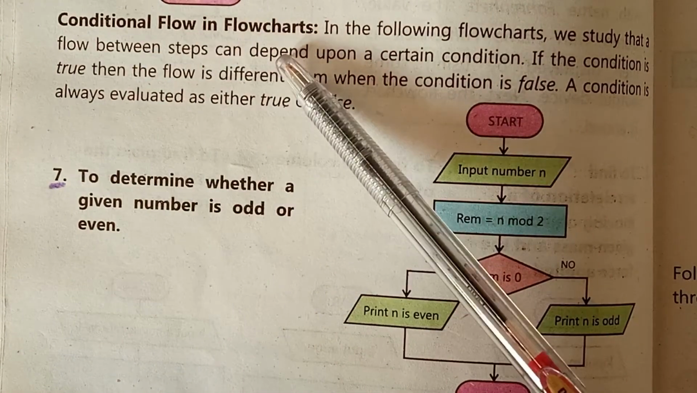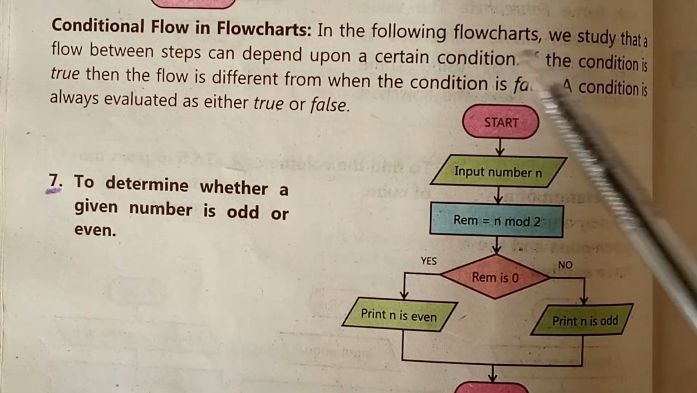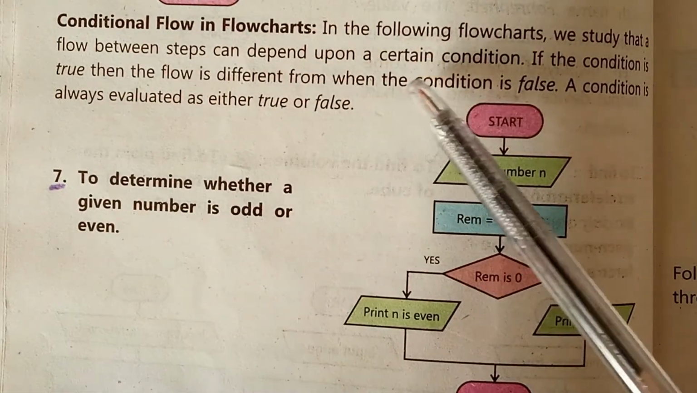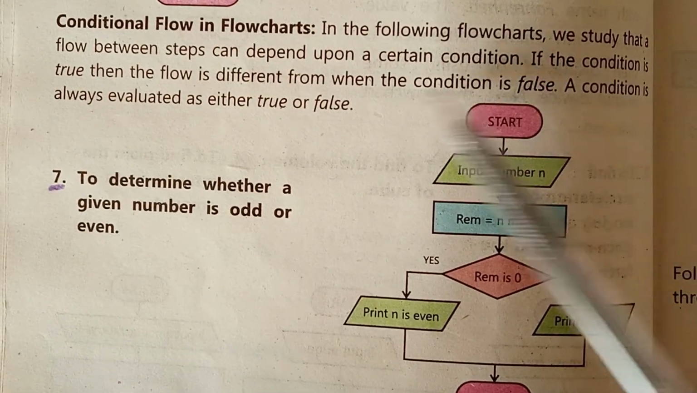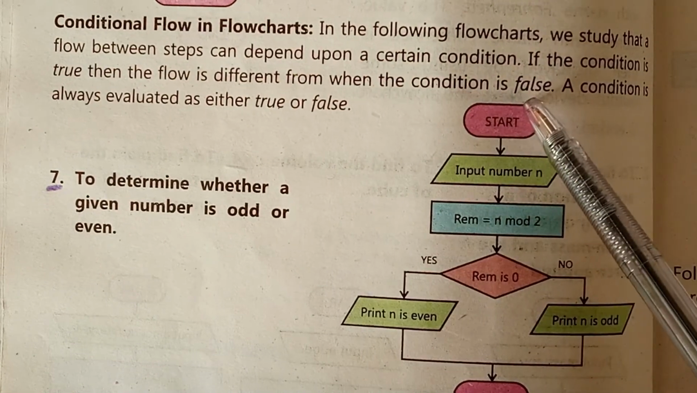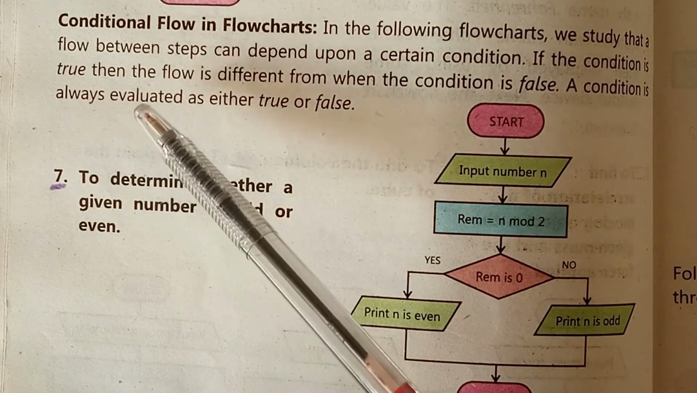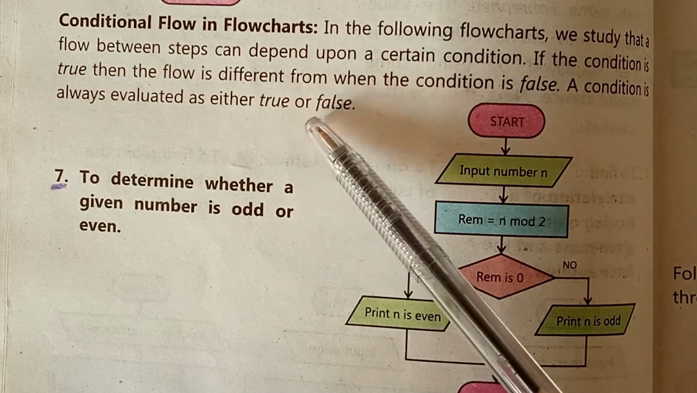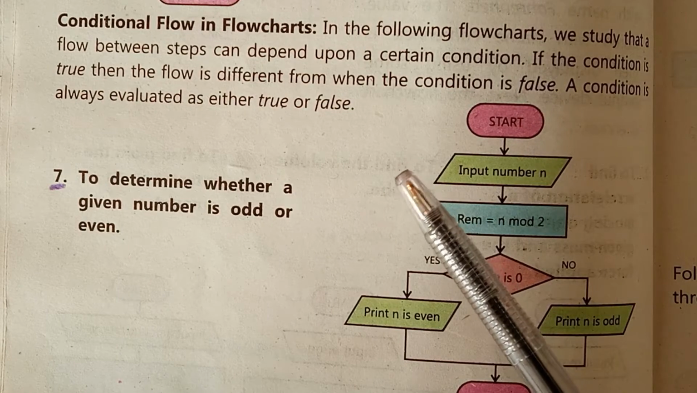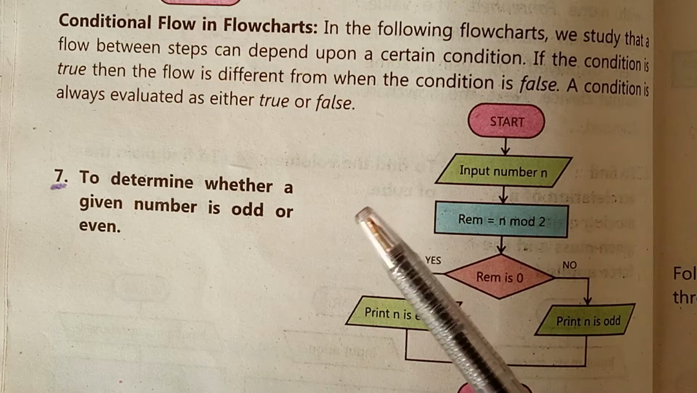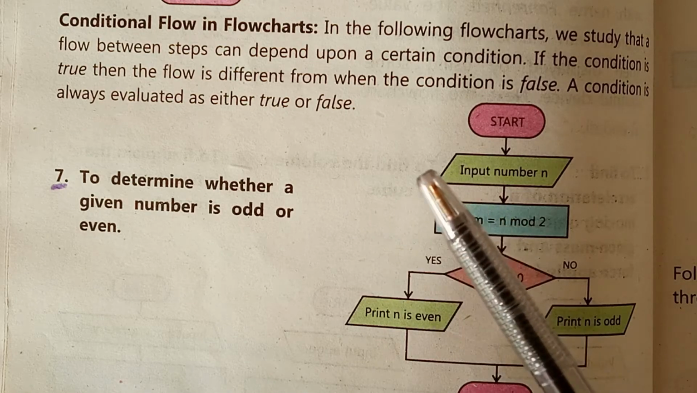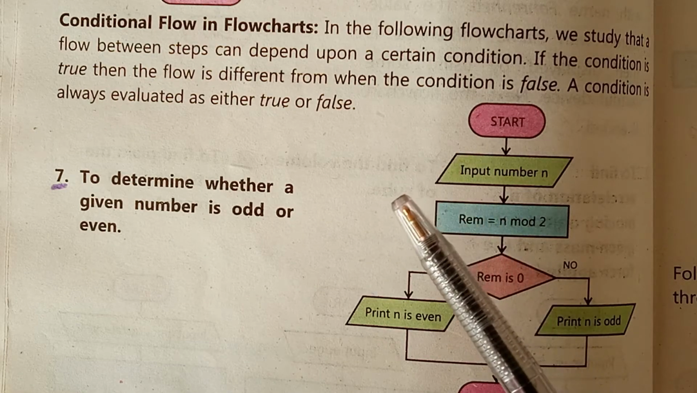Conditional flow in flowcharts. In the following flowcharts we studied that a flow between steps can depend upon a certain condition. If the condition is true, then the flow is different from when the condition is false. A condition is always evaluated as either true or false. Students, now we are going to study conditional flowcharts in which a flow between steps can depend upon a certain condition. Either it will be true or false, and when the condition is true, then the flow will be different